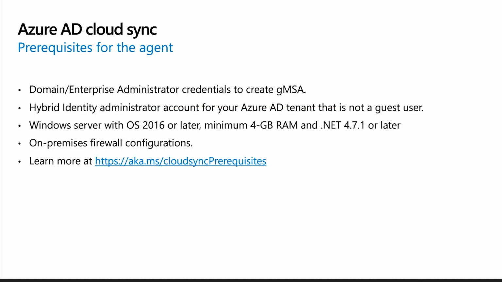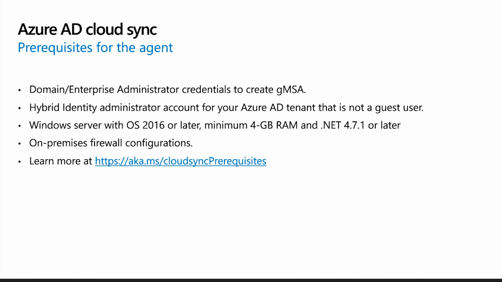There are a couple of prerequisites before we jump into the installation of the agent. You will need a domain or enterprise administrator credentials to set up an agent in your environment. These credentials will be used to create and configure the Group Managed Service Account, or GMSA, which is used to run the Cloud Sync service. We will get more into GMSA on the next slide. You also need to be a hybrid identity or global administrator to manage the Cloud Sync configuration in the Azure